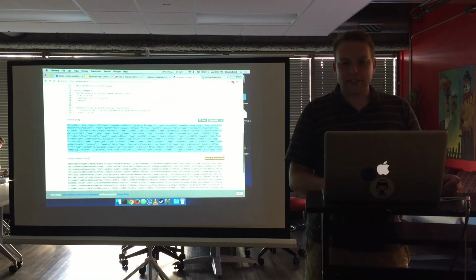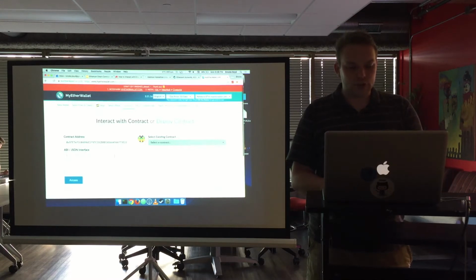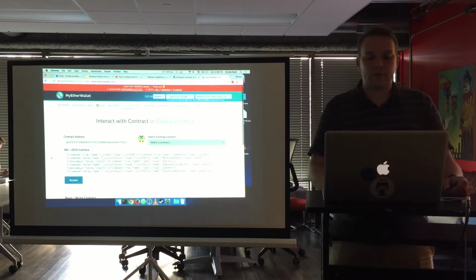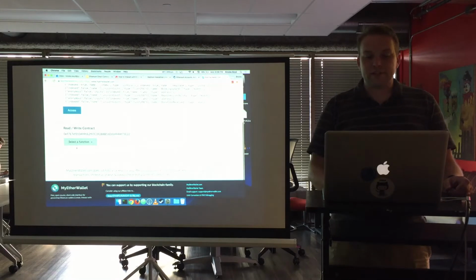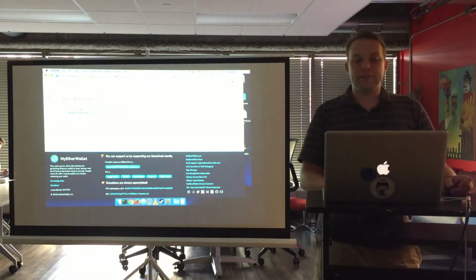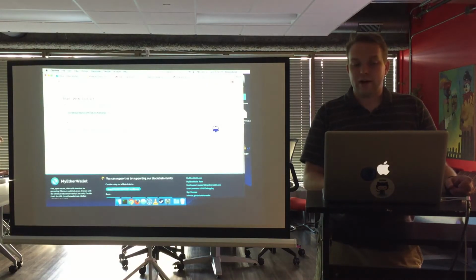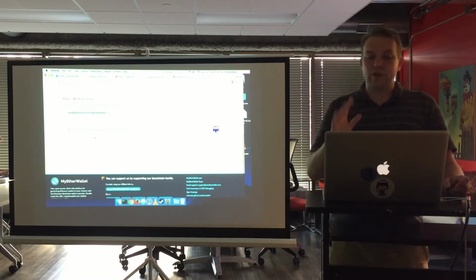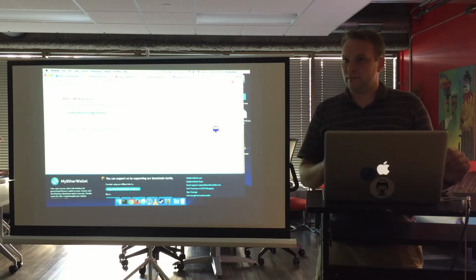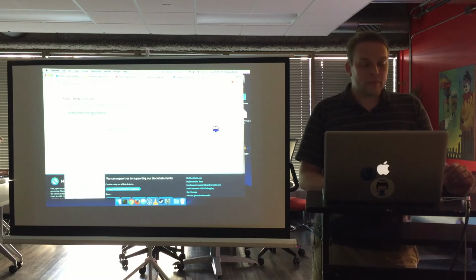This is basically just a listing of all the things that are possible to do with this contract in a programmatic way. So when I click Access here, then MyEtherWallet can create this down here. So we're interacting with that same contract, and here's all the stuff you can do. This includes some of those free ones, which we saw already on Etherscan, which knew that this particular function, where is the ERC20 token, is free.